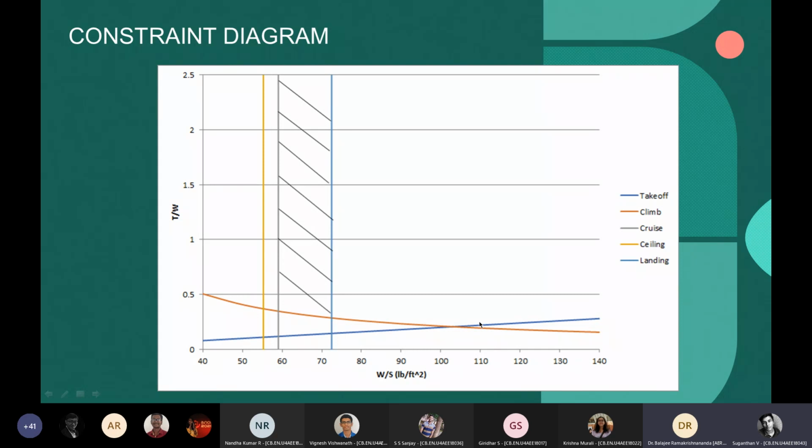I wanted to check one thing with you, Sugandhan. During landing, you actually drop your weapons, so your maximum weight during landing will be less. Even then, you choose the wing loading only based on the maximum takeoff weight. Yes, because we may not bomb and we may return and land. Usually you assume that half the fuel is remaining while landing, but don't worry about this at this point of time. Later on, if there is any problem, we can use that to adjust things.